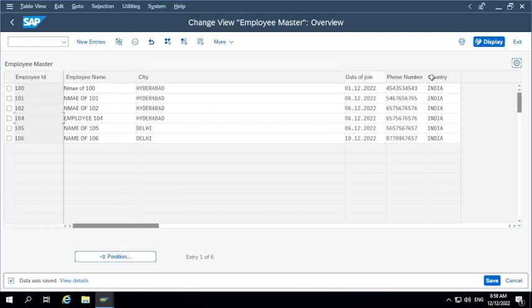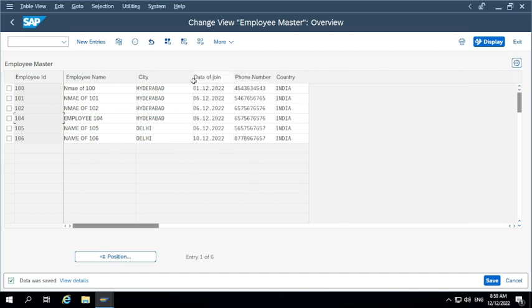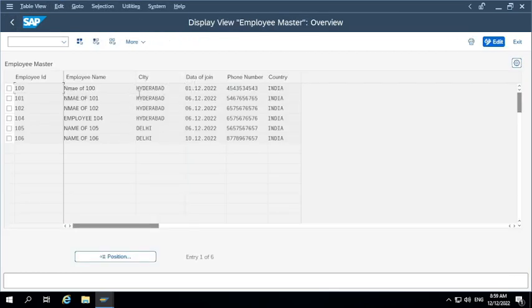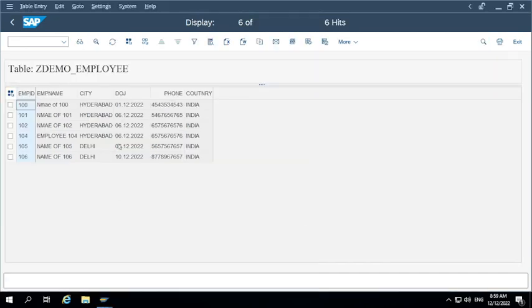These are all coming from the table, right? But if you want your own custom header text, or if you want to expand or decrease the length of the columns, by default it is displaying like this, right? If you want to have a customized length, how can you do that? Go to the table,